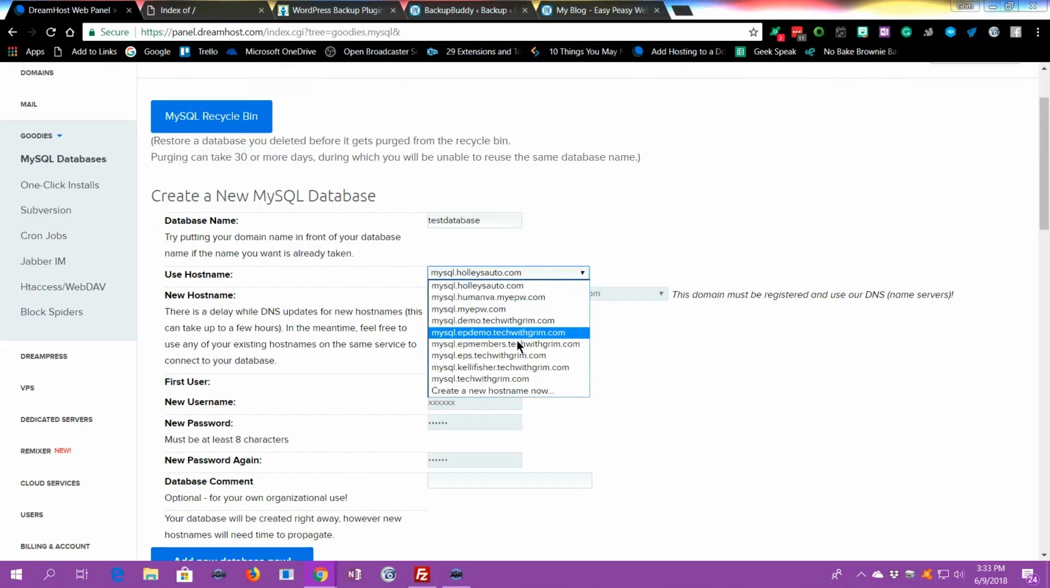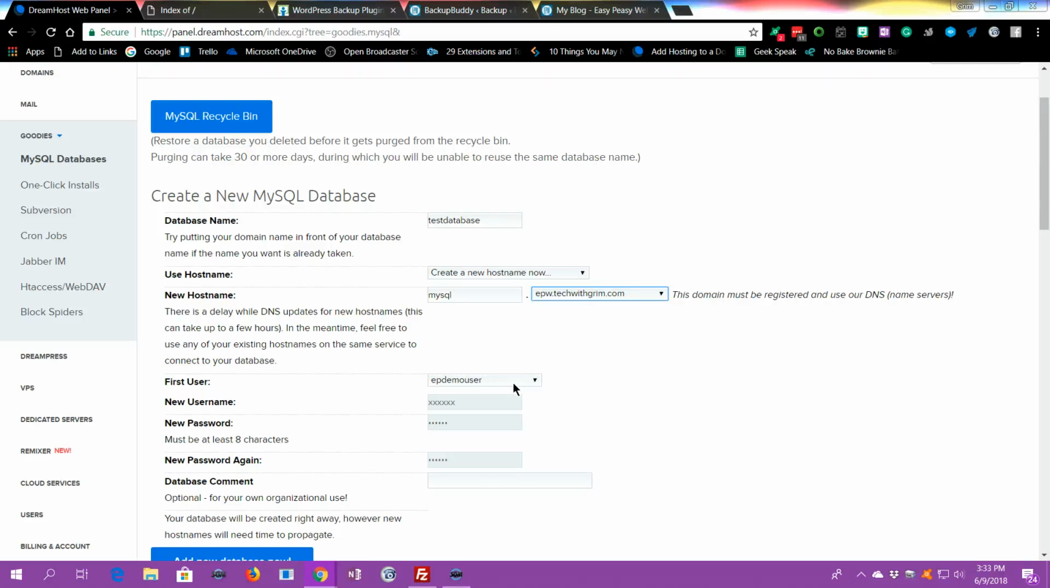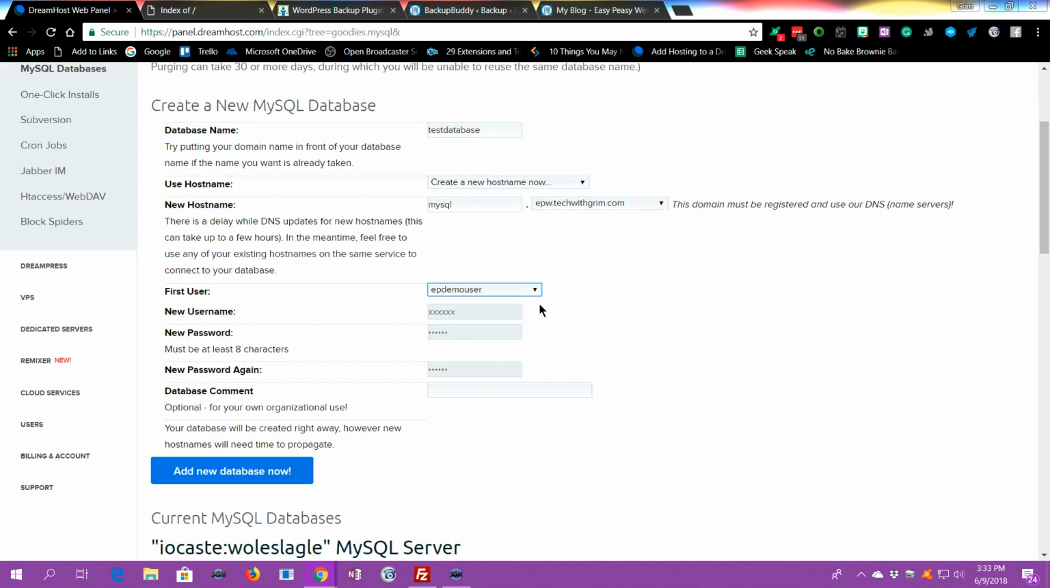And we are going to assign it to, we don't have it there, so we're going to create a new host name. It's going to be MySQL, and I just choose from the drop down here. You can choose whichever one. You can set up a brand new user, or you can use one that's already there. We're going to set up a new user just for the purpose of this. This is demo base, and the password is going to be